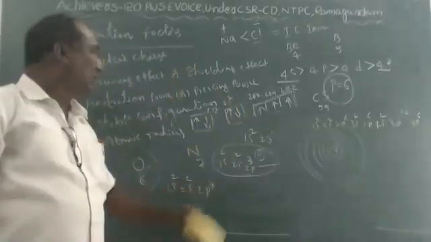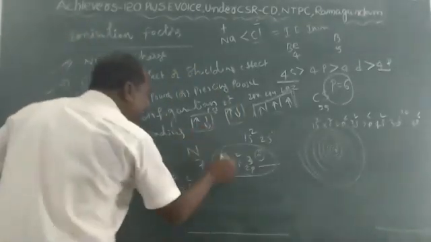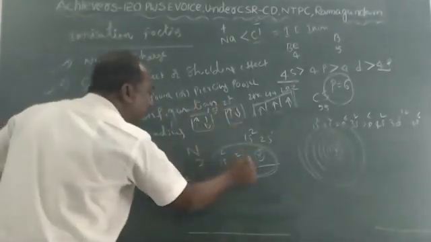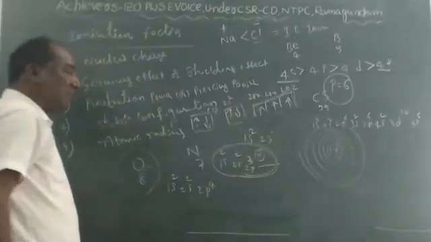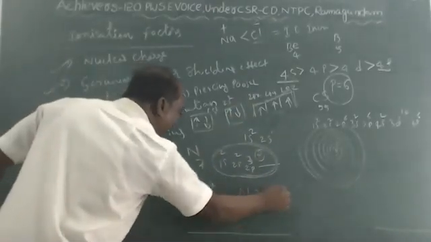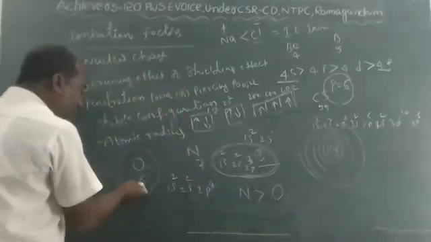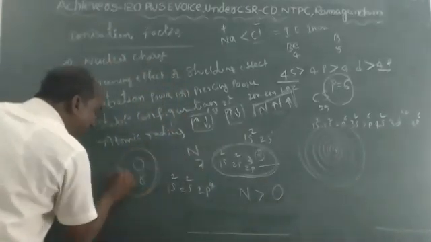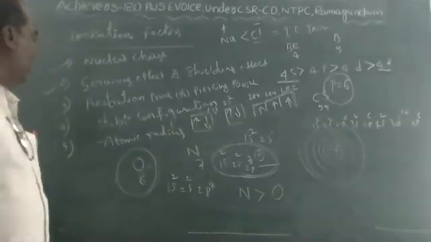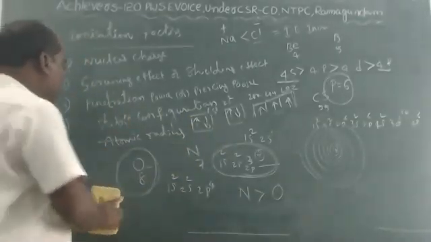They have full energy. So that's why it is difficult to remove the electron from nitrogen, because nitrogen has half-filled electrons in the orbital. That's why nitrogen's ionization energy is greater than oxygen's. We can easily remove the electron from oxygen rather than nitrogen because nitrogen is half-filled. So this is a stable configuration.